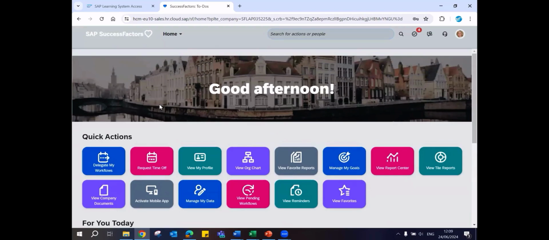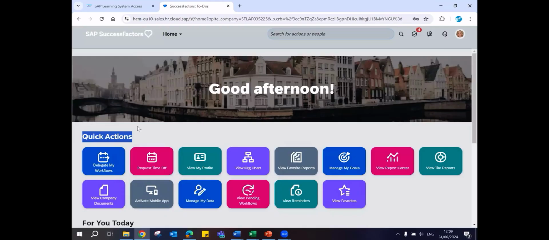So the applications that employees will be frequently using are what can be kept under quick actions. Generally, employees will be liking to apply leaves. That is one important purpose employees will come into the HR system. So request time off is an icon that I have here. Clicking on it, I'll be able to apply a leave with a single click. It will take me to the leave application screen. If I am a person from the HR department and I want to frequently access some reports, here I have my favorite reports, view favorite reports. Clicking on it, it will take me to the report screen. Like that, different kinds of things are under quick actions.